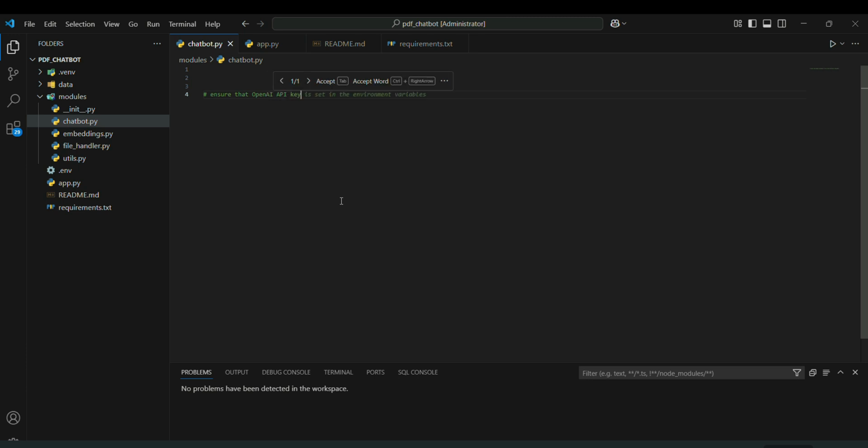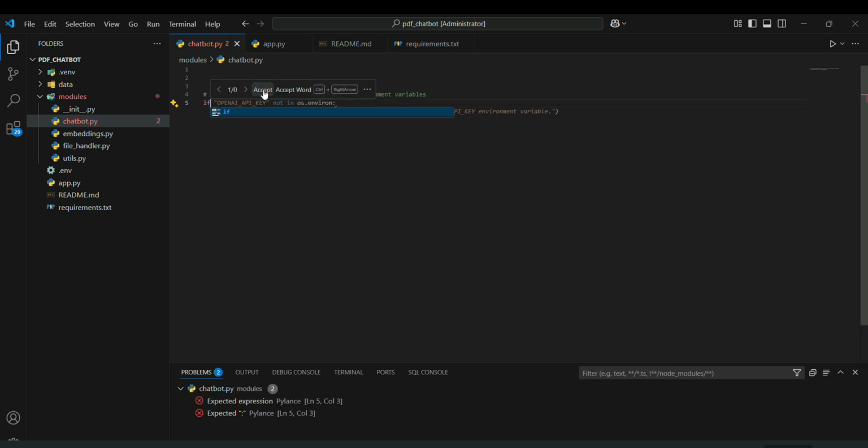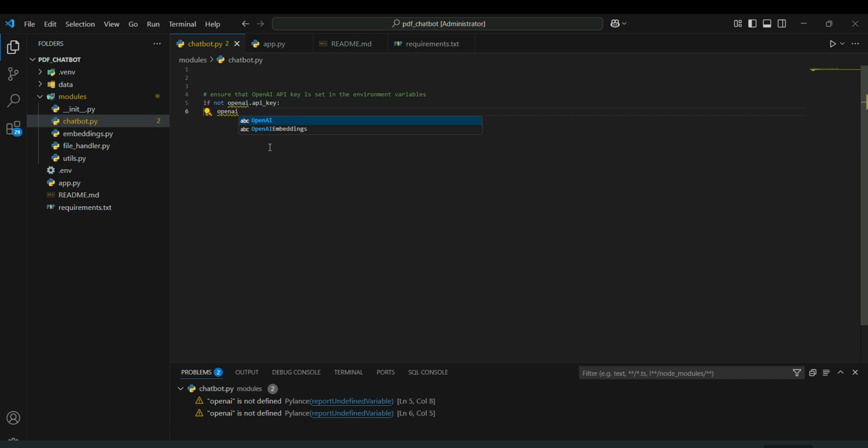एपीआई की is set in the environment variables, so if not API key, अगर नहीं है तो नहीं है, API_key, तो क्या करो, अगर नहीं है तो लेके आओ, तो API key is equal to os.getenv OPENAI_API_KEY. इसके बाद वैल्यू एरर दो, अगर नहीं मिलता तो देखो नहीं मिलता तो